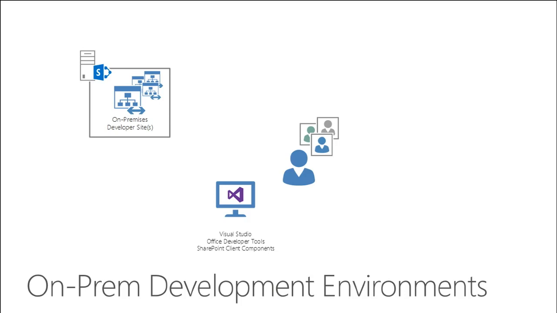Let's say that you can't leverage Office 365 developer sites for your implementation, for your apps. You can also set up on-prem developer sites. That means you go and set up a SharePoint 2013 farm. You create multiple site collections of the developer site template, and you're basically running your own miniature Office 365 development site on-prem. Still the same type of remote development happens. If you notice that we can do SharePoint hosted apps and provider hosted apps, but using it on-prem, you can't develop auto-hosted apps. And there's no Napa in that environment.